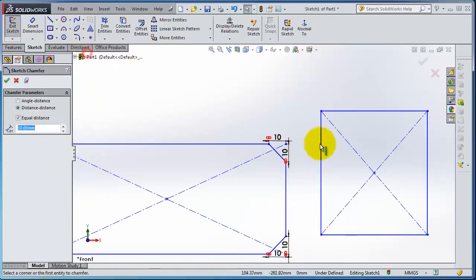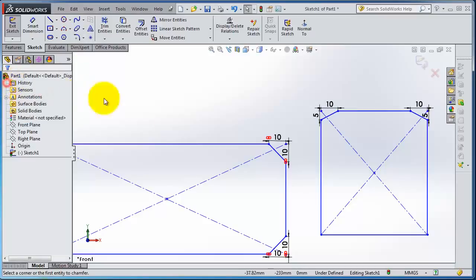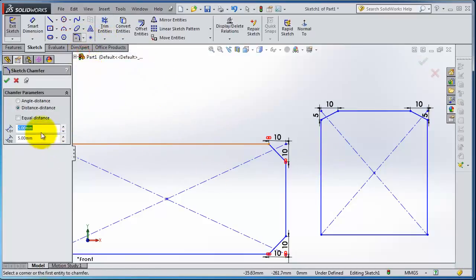This again, chamfer, select and check the equal distance, and here let's make two different distances. Choose this, and let's reverse. Let's click OK, then chamfer, make it 10 or 5 by 10. So you have two